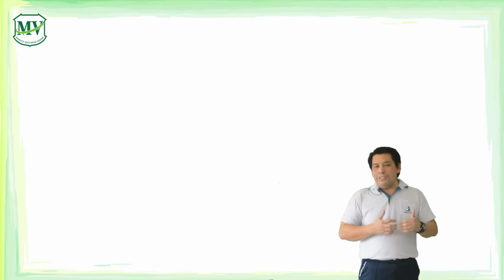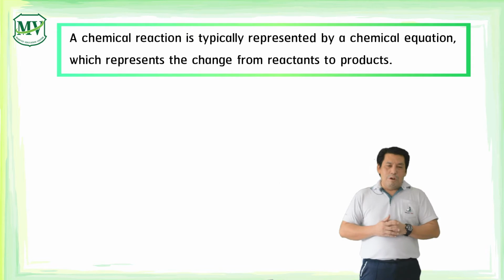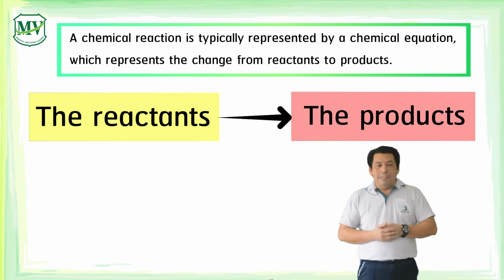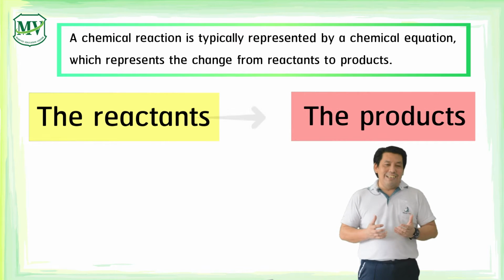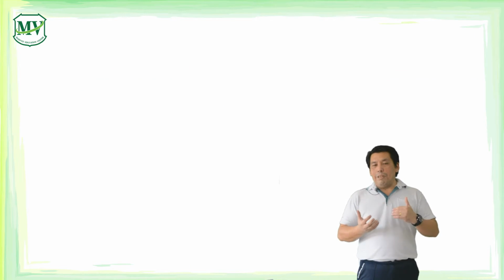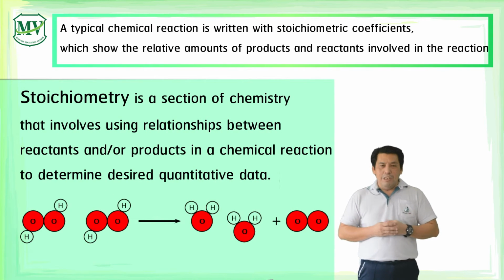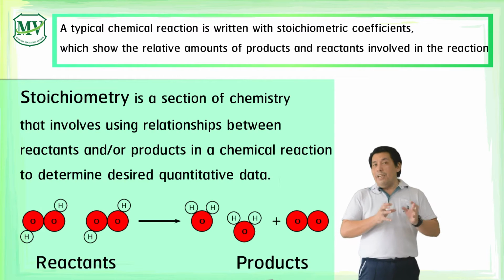A chemical reaction is typically represented by a chemical equation, which represents the change from reactants to products. The left-hand side of the equation represents the reactants, while the right-hand side represents the products. A typical chemical reaction is written with stoichiometric coefficients, which show the relative amounts of products and reactants involved in